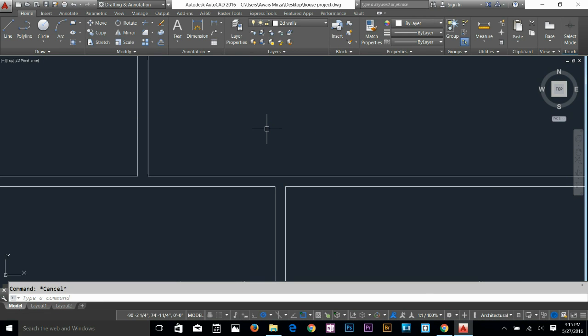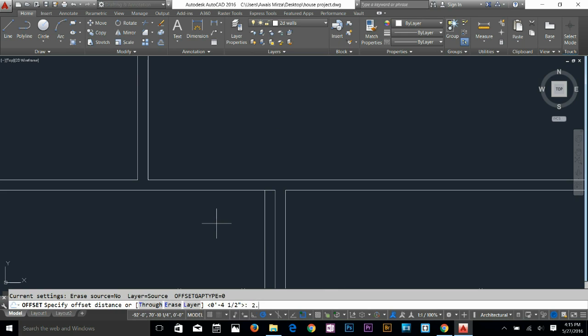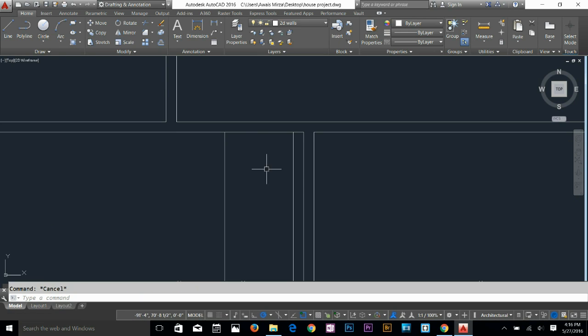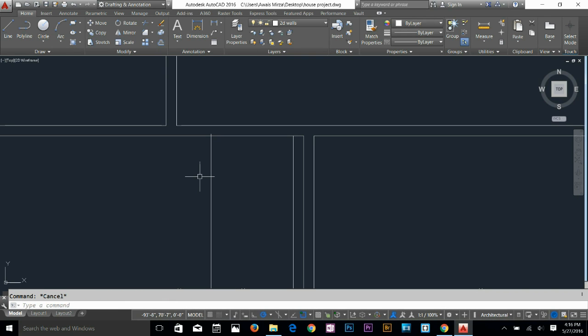Okay, so I'm going to offset the same 4.5" from this wall to the left, and then offset 2.5 feet. It depends how big the width of your door is. Some people use a 3 feet door, so it's up to them. Okay, 2.5 feet, we'll make a 3 feet door, that's fine. So another, let's say 6". Let's check the distance, DI for the distance